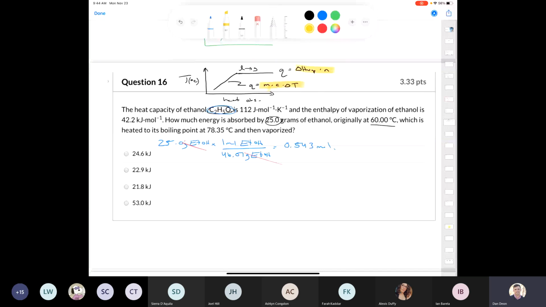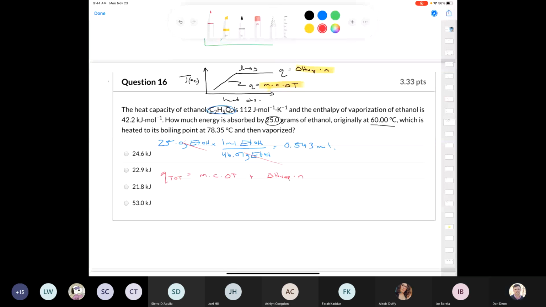Now again, to calculate our total amount of heat absorbed, we're going to use this formula and this formula. Let's see what that'll look like. We're going to have something that looks like this. Q total is going to be equal to M times C times delta T, that's for the heating of the ethanol in the liquid phase, plus delta H of vaporization